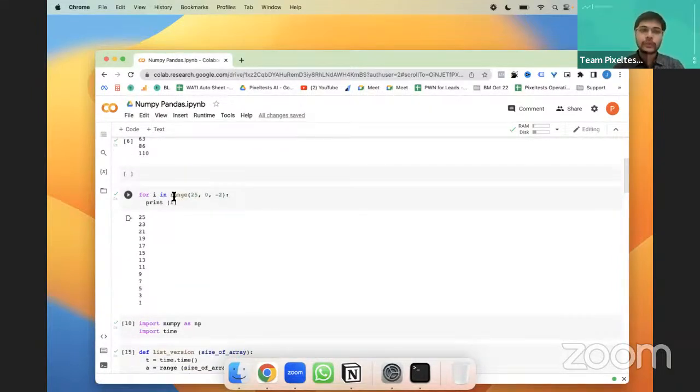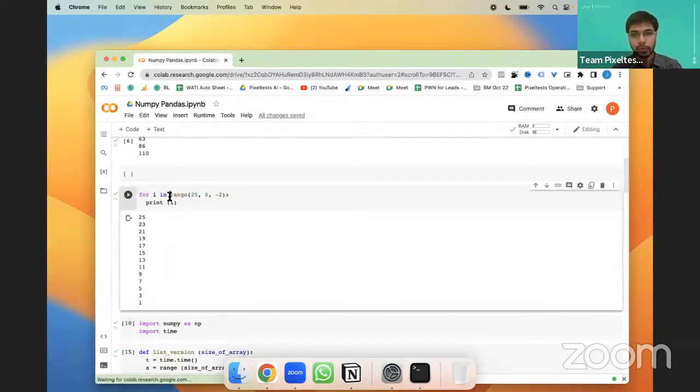So Rajiv sir also uses this particular statement, which is for in combination with the range. So now we have used a range of, let's just say 20, right? So now what you can do, you can evenly space it this way. In this particular syntax, the first element is 25 and go till 0, right? From 25 to 0, and then you are decrementing by a value of 2, right?